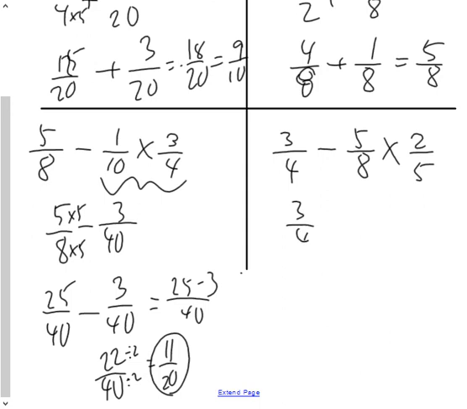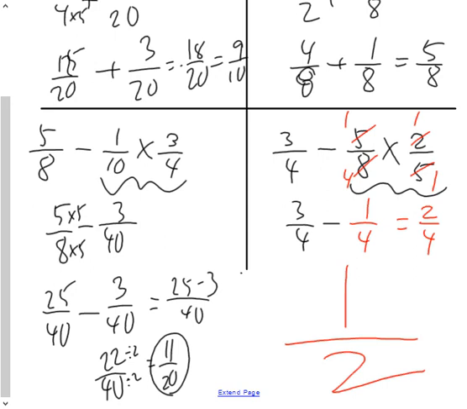And finally, 3/4 take away the product of these two. I'm a smart man, so I am not going to do 5 times 2 and 8 times 5. I am going to cross reduce this. When I cross reduce it, it's going to become 1/4. And 3/4 take away 1/4 is 2/4, which in lowest terms